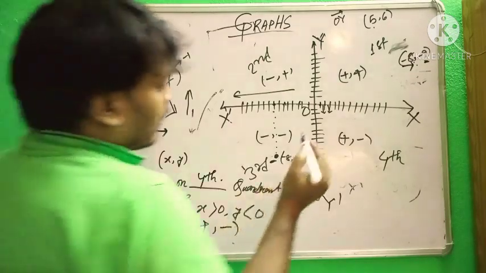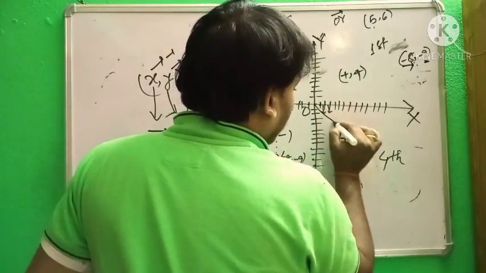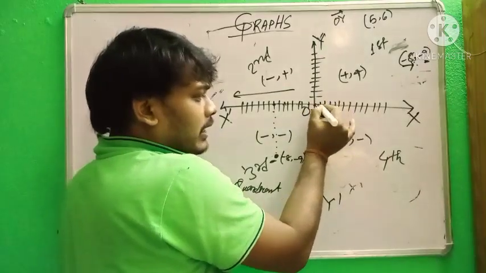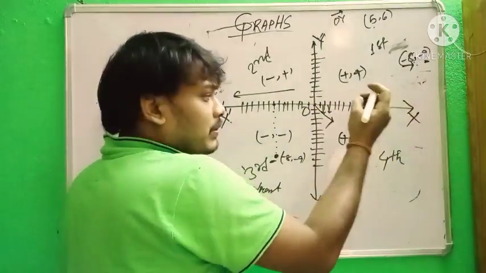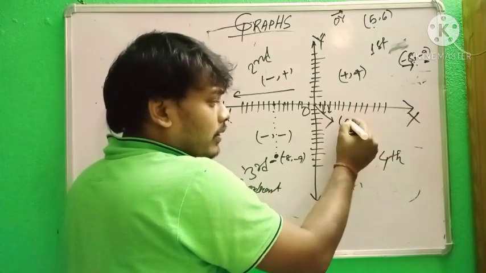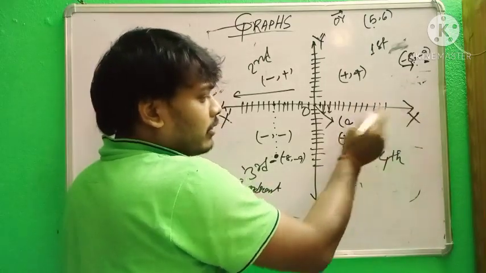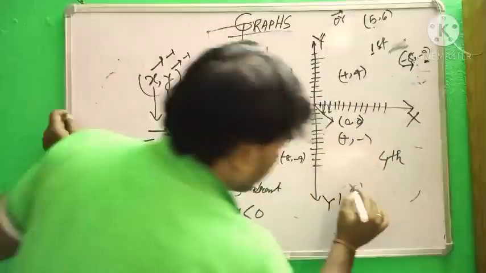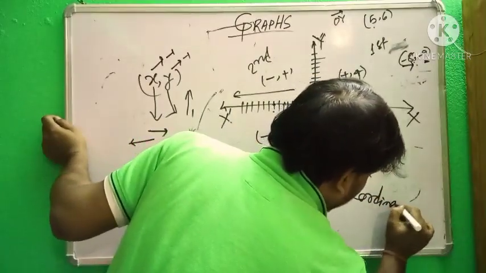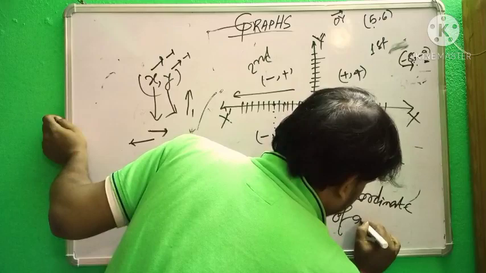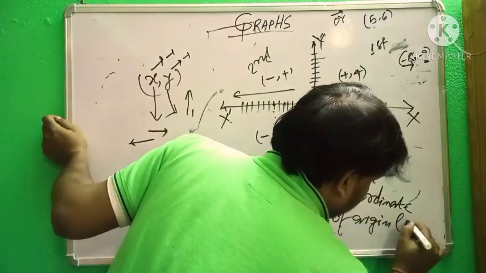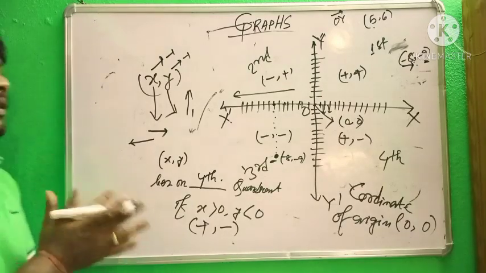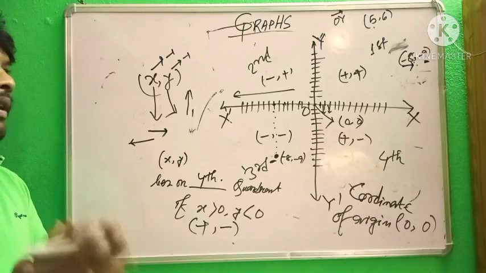very easy. And the coordinates of the origin: along the x axis we do not go 1 unit or 2 units, so towards the x axis 0, and upward or downward also 0. So the coordinates of the origin are 0 comma 0. Okay, I think it is enough to solve the first exercise.